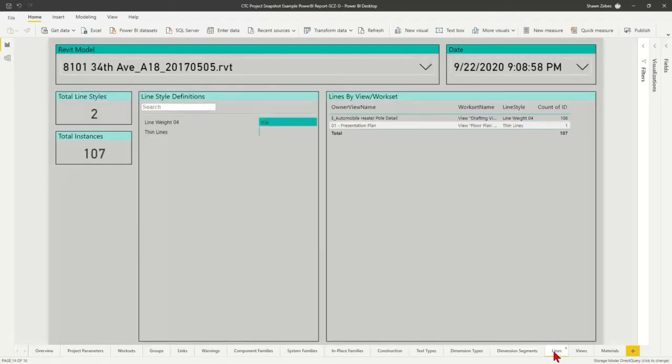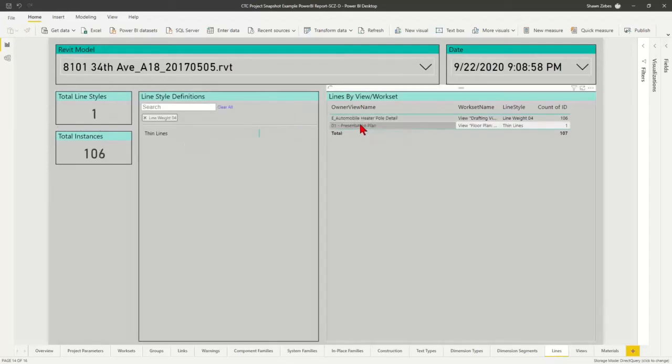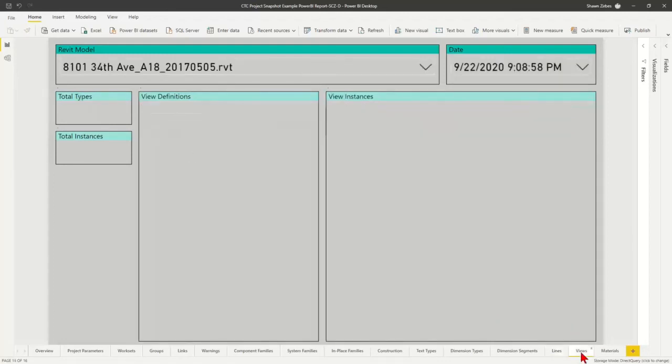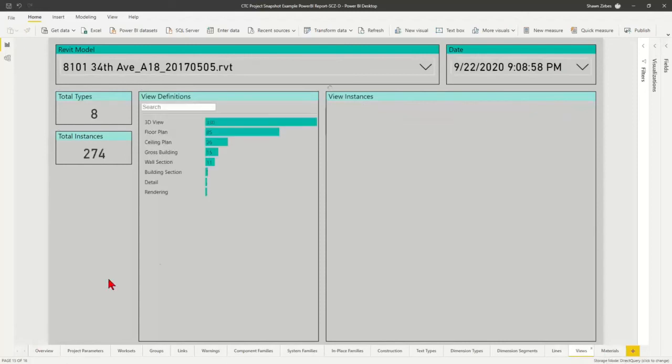I like to know where lines are in my project model, exactly what views they happen to be in, right? And I can isolate that and understand exactly what view, exactly how many of those lines are in that view. If I'm seeing things breaking my standards, I like to know that kind of stuff. And this helps me discover that real quick. Seeing view breakdowns, material breakdowns, you name it. Like if you can dream it up, if you've got questions about your Revit project models, and you're like, hey, I want to know X about X, right? You can probably get that